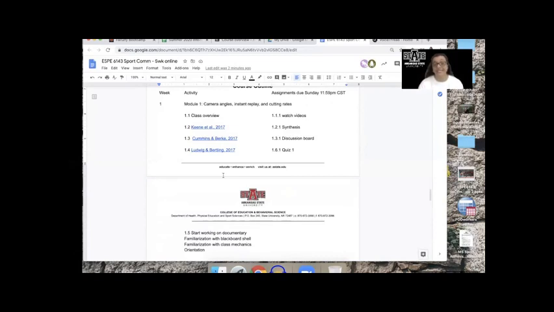So we're going to do a synthesis over the key article. However, a synthesis, as we're going to talk about later, is not just a summary of one article, it's integrating literature from multiple sources. So I'm already giving you other articles that go together in case you want to use those. You can use other peer-reviewed articles if you want to, but you have to at least use 2 of the articles that I'm giving you this week. So you're going to do a synthesis, but the primary base of the synthesis is going to be the Kini article, but you have to at least integrate a second article with that.